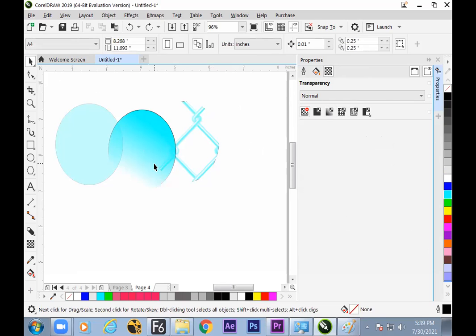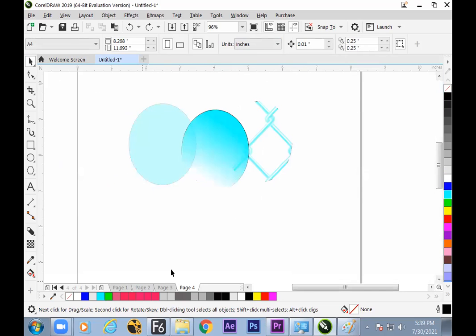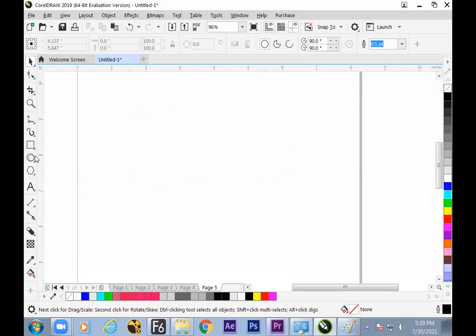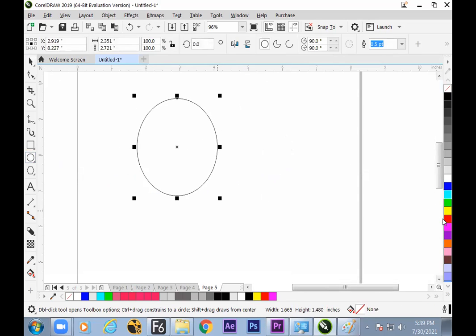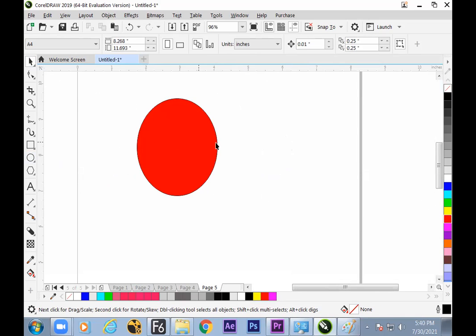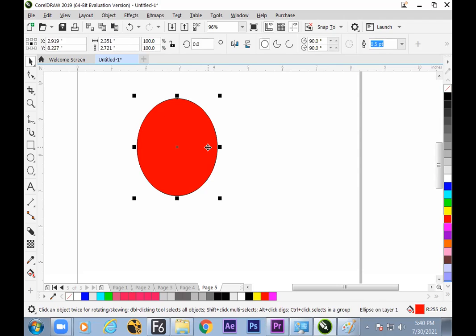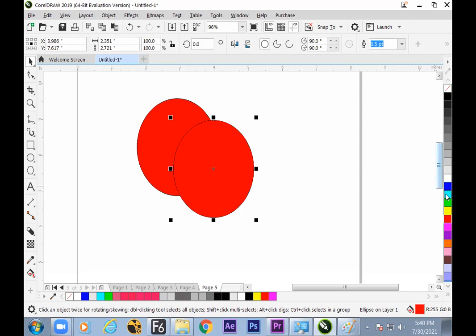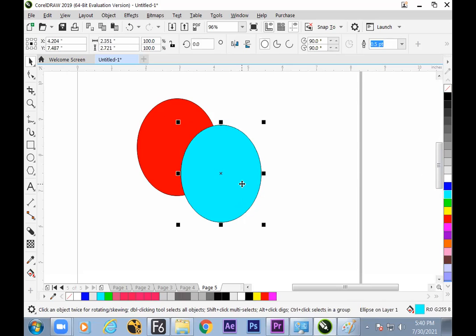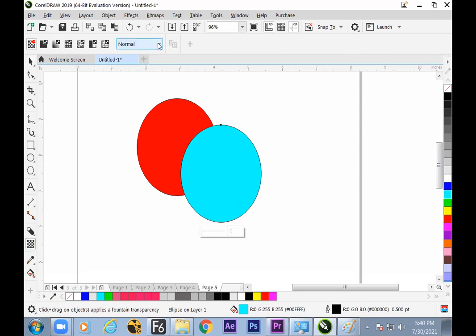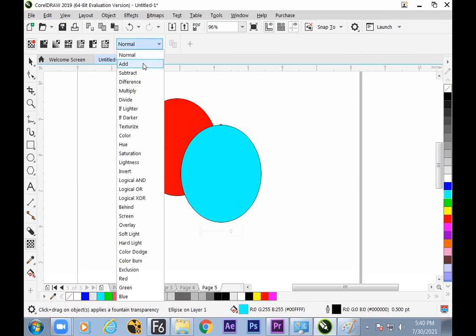Is it clear about the transparency? Is it okay? The reason for asking, we can go a little higher now. Technical part clear. One more feature is there inside the transparency window. What is that called? Blend window. Blending of the color can be done here. By default, it is normal. While we are working with the transparency tool, we can find the blend modes here. We can switch to the blend mode and change the value.